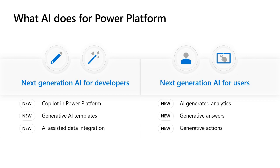Hey, I'm really wondering how I do this in IT or finance or HR. AI is going to help you generate through chat. And finally, generative actions, where all this is headed as well, help you act on things to make business decisions and go forward with things. Write me an email that does this, or respond in this way, or build me a PowerPoint based off the data that's in this report in this system. AI is going to help you pull all that together. So it's going to make life a lot easier and make people a lot more efficient from an end user